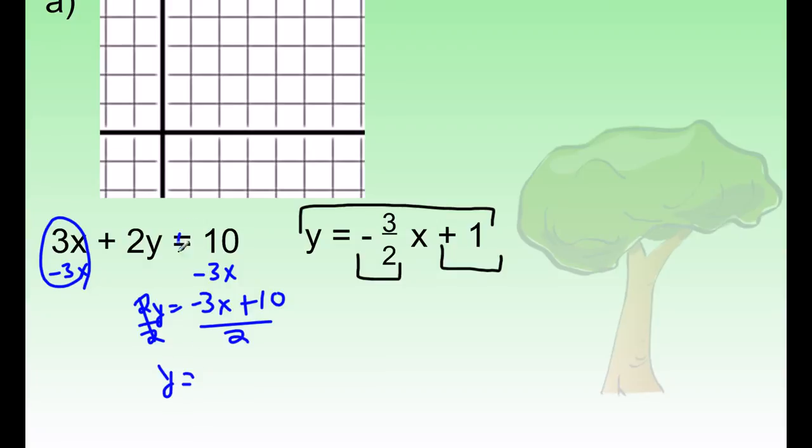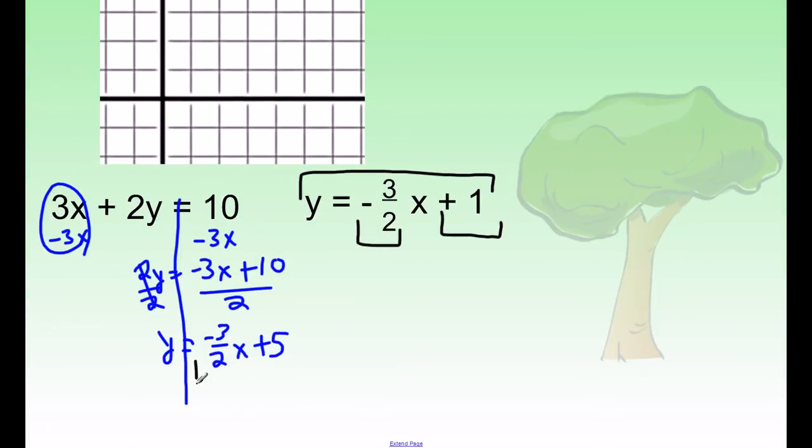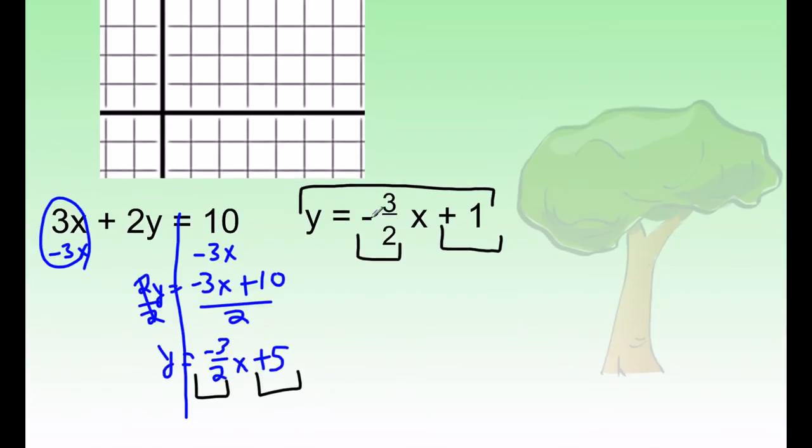y equals, this is a fraction, it does not divide, so I'm just going to leave it as a fraction, negative 3/2x. 10 divided by 2 does work, and that's just 5. Now we have the equation in slope-intercept form. I didn't want the circle around it, but I can fix it. There. So now this is the slope, and this is the y-intercept. Look at these two equations: same slope,